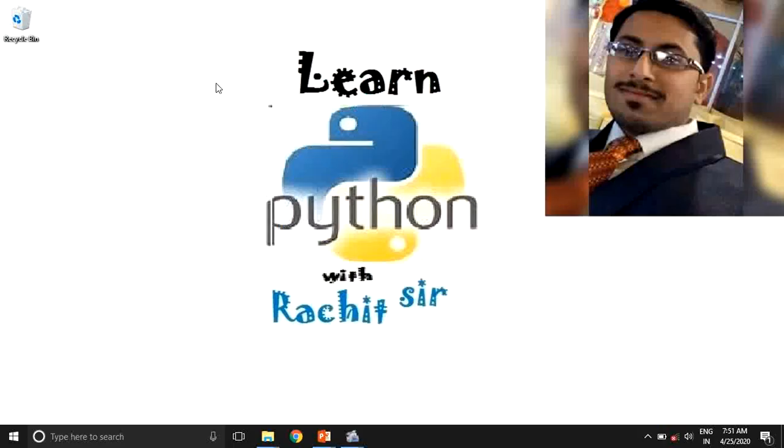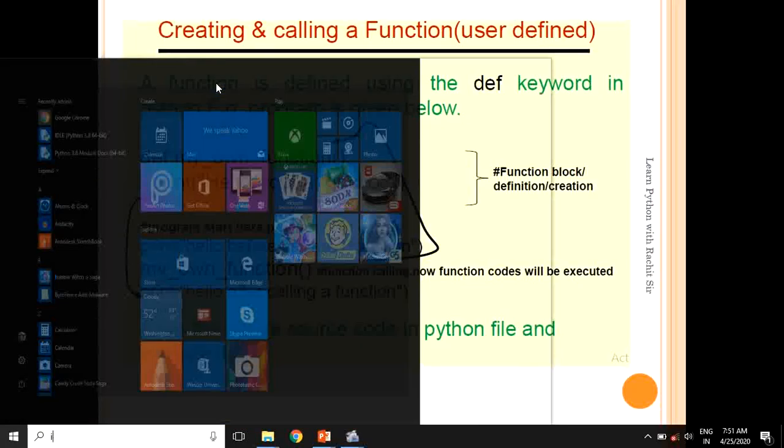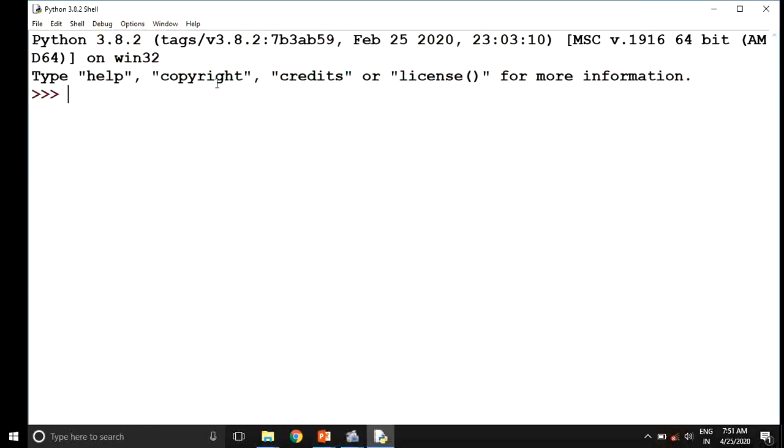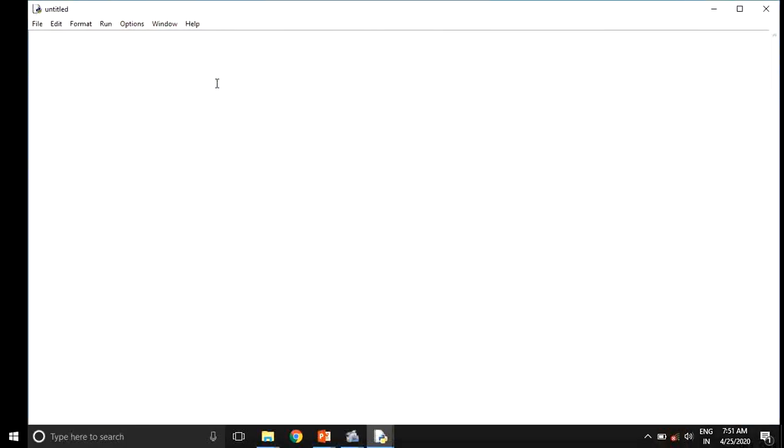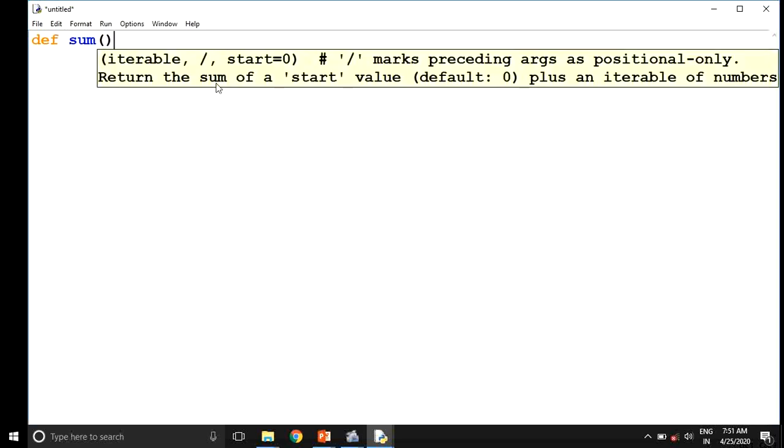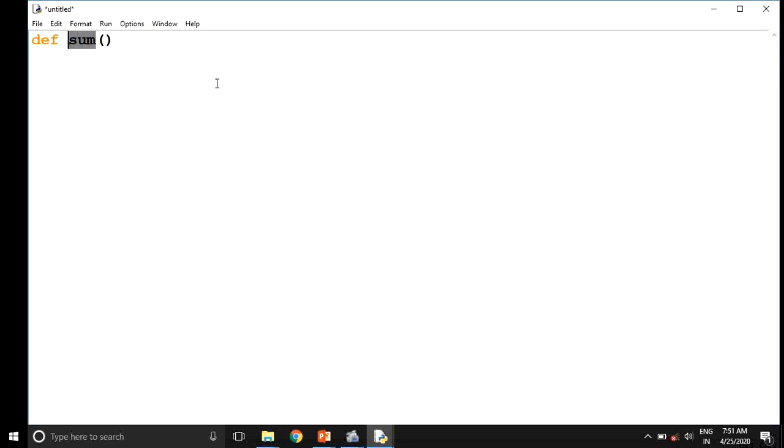We can take more examples of predefined functions. So for it I have to open my IDLE. So this is my IDLE. Now I will open my new file. Here I will type a function for addition of two numbers. So for it, first of all I have to write def keyword, then function name. You can give any name of function. I have written only sum here. So in place of sum you can give any name. After that parenthesis will come, then colon will come, not semicolon. Here will come colon. Whenever you hit enter, then automatically indentation will come.